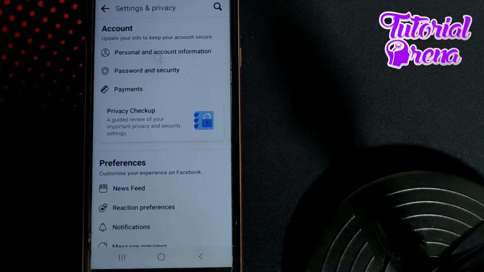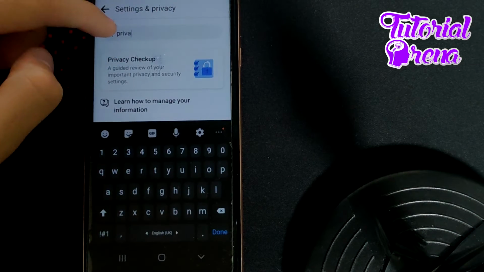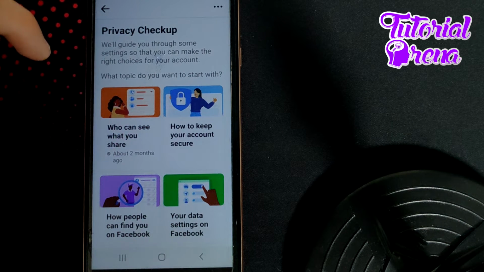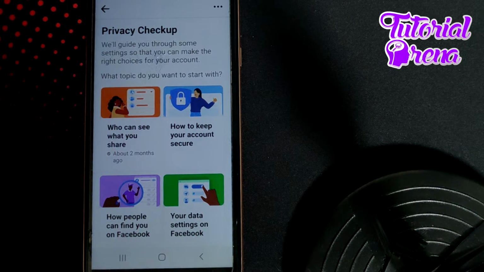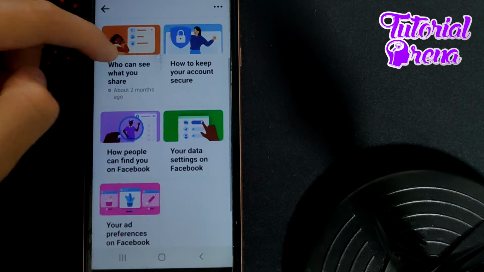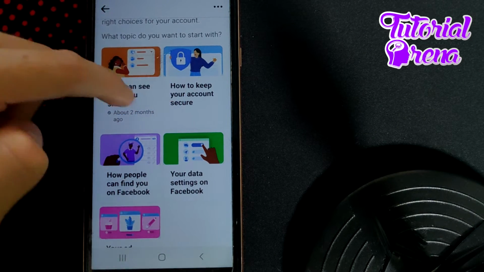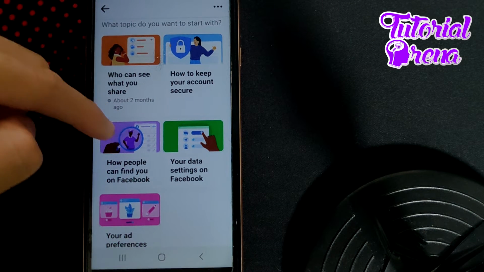Just go on it. Right from here, as you can see, you have many different options. Go for privacy checkup. Right from here, you have many different options in which you need to go on who can send you friend requests. Simply scroll down and as you can see, you have all these selections. Go on how people can find you